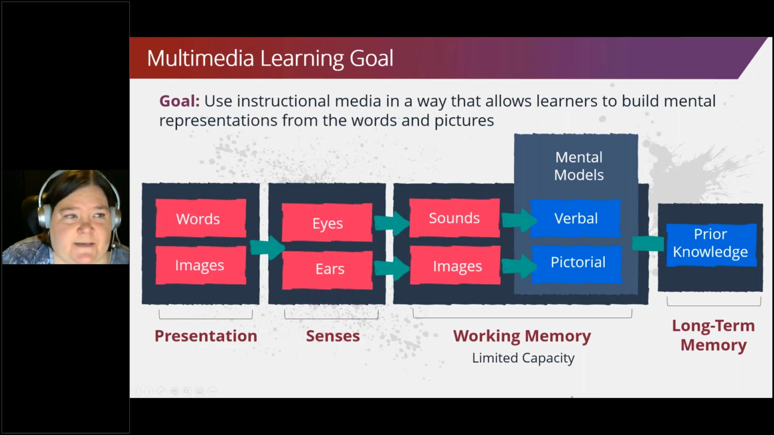So with multimedia learning, as with online learning, the goal is to use instructional media in a way that allows learners to build mental representations from the words and pictures. The goal essentially, as with cognitive learning, is to optimize that learning experience for the learner without overwhelming them. So if you look at this model,